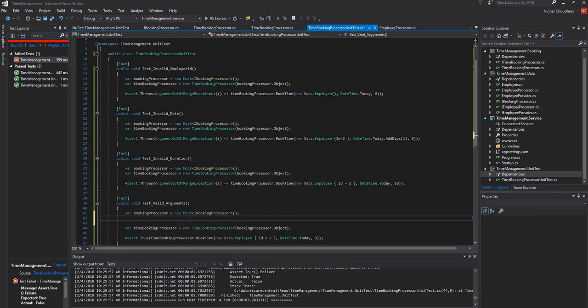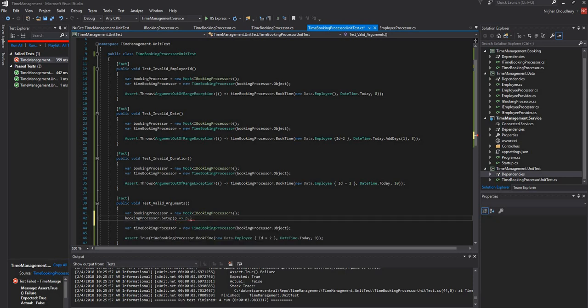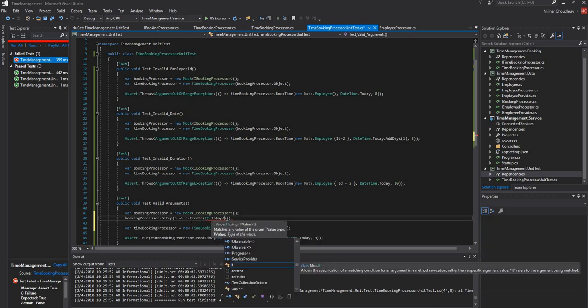So for that, what I'm going to do is say when bookingProcessor dot setup, and I'm going to say processor goes to processor dot create, and I'm going to say with any parameter. So for that I'd say dot e dot IsAny, right, any of employee, sorry, it's not employee, it's going to be employee ID. So any of int,